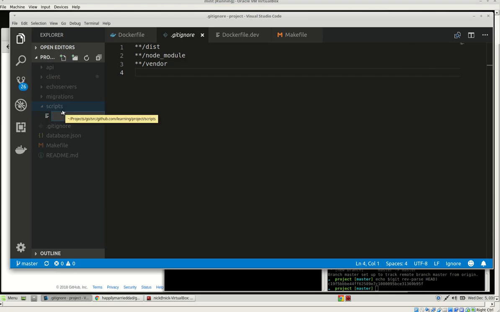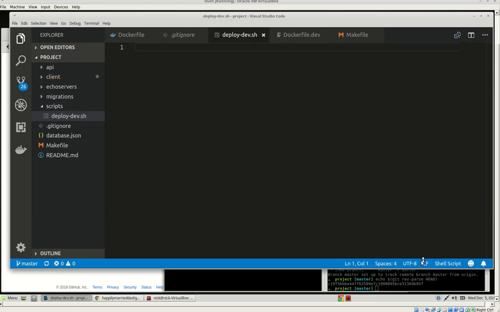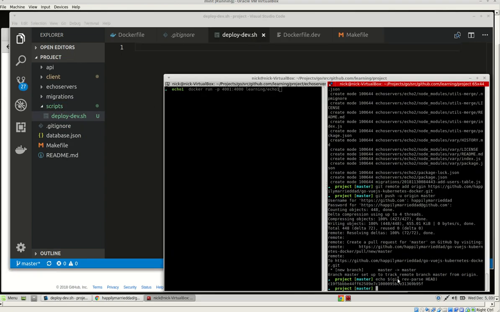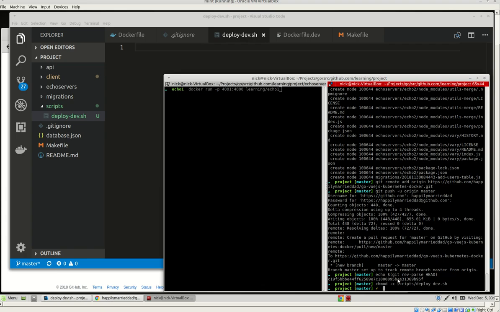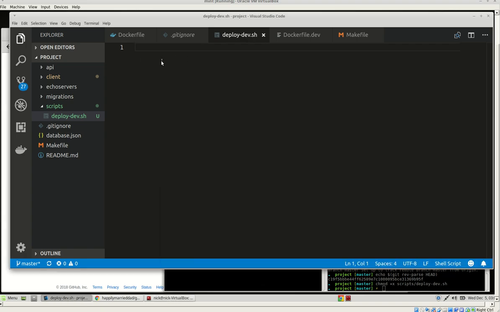So we'll create a new folder here, deploy dev.sh. We need to change the permissions on that file, so chmod to make it executable. Scripts, tab. Okay. Come into here and we'll say it's bin bash, and then we're going to set an environment variable